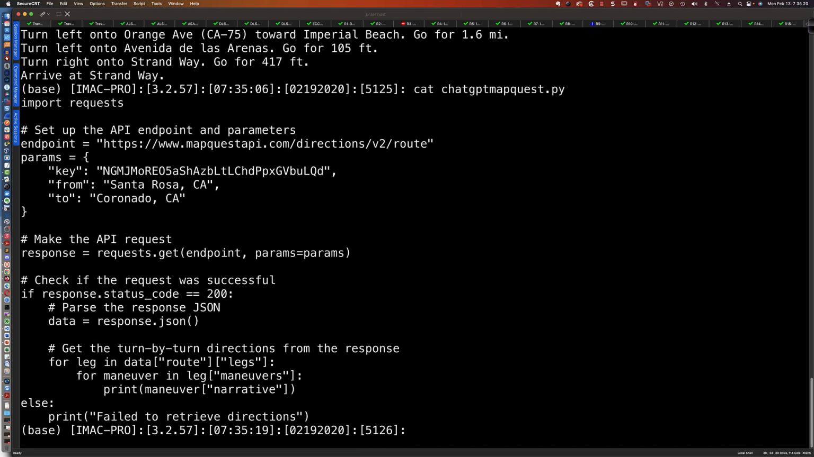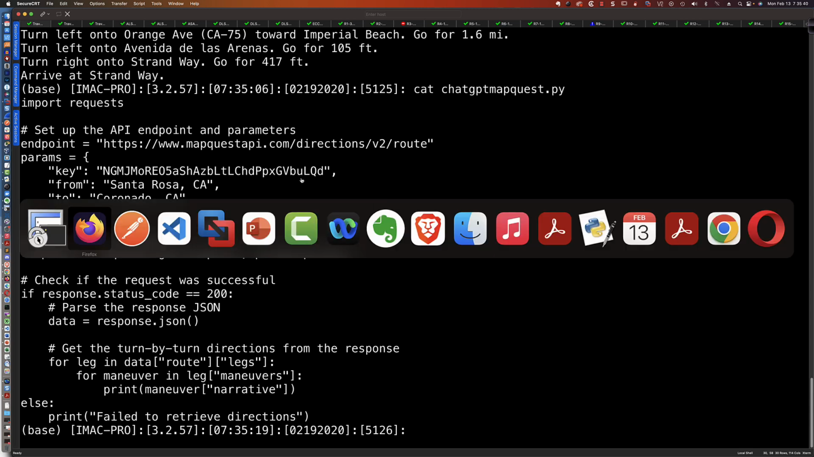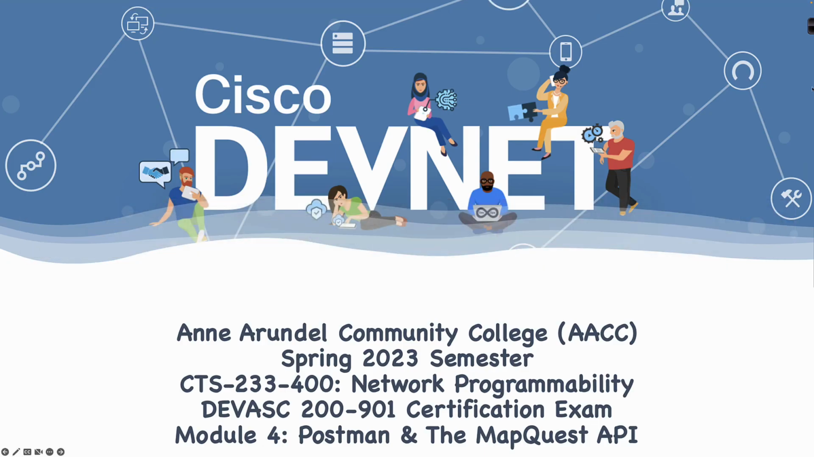This has given us multiple solutions and multiple ways to think about how we might want to solve this problem. Do I put it all in and use urllib.parse, or do I use the params and then pass that in as part of the parameters that are going to be sent in, the key, the from, and the to? All right, well, this is going to wrap up this supplemental video tutorial for Module 4,